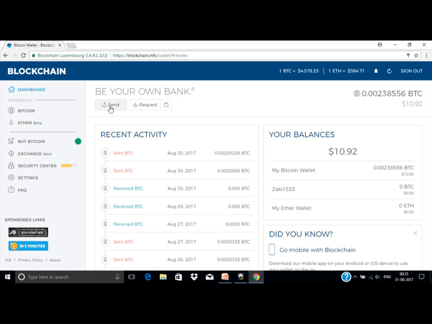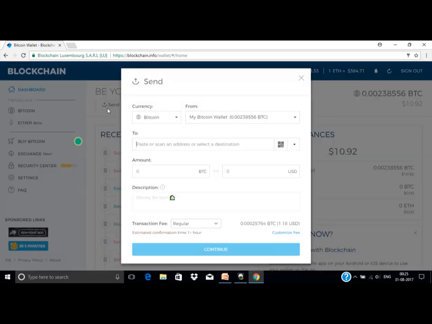You can send bitcoins by clicking on the send button, and you can request or receive bitcoins by clicking on this button. Let's see what happens when you click send. This window will pop up where you have to enter the receiver's Bitcoin address.